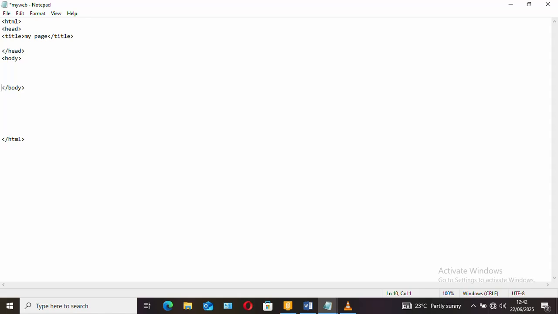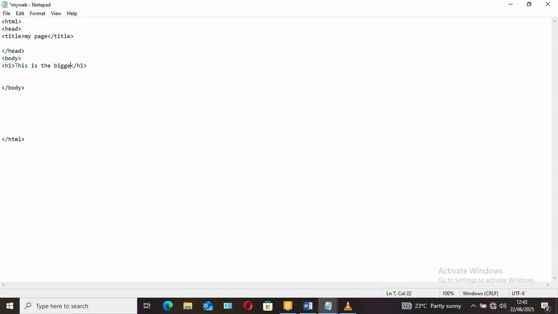And we can start by writing the headings. When it comes to HTML, we have 6 headings. So we are going to start with the first one. The heading is identified by H, and then the size of the heading can be 1, and you're going to close heading 1. This is the biggest heading that you have, so you can write: this is the